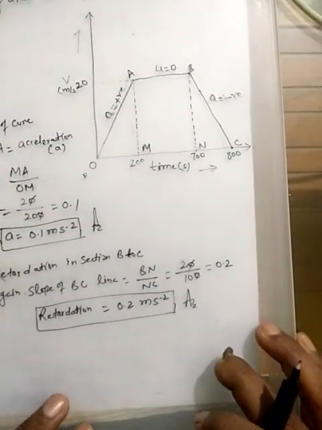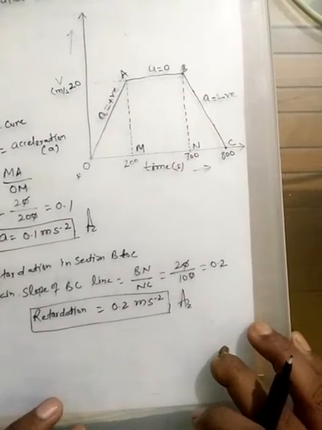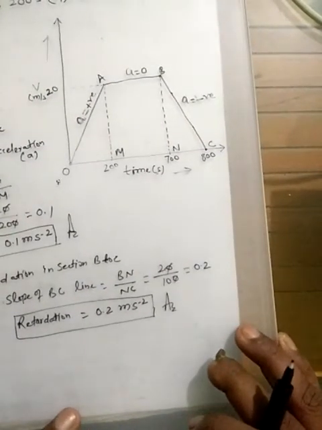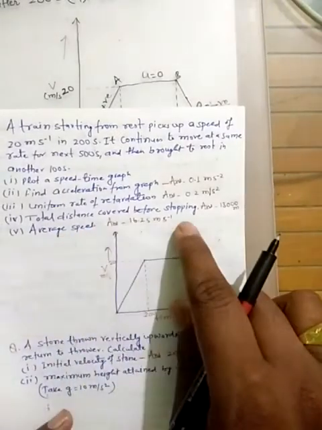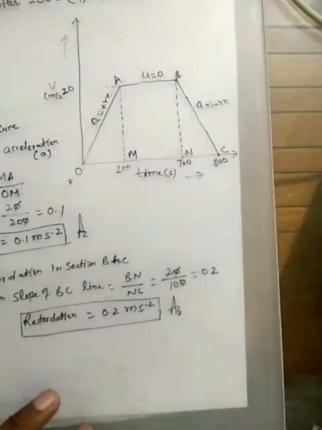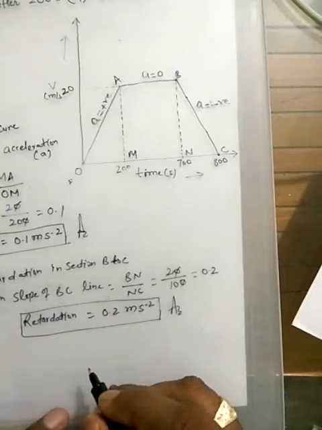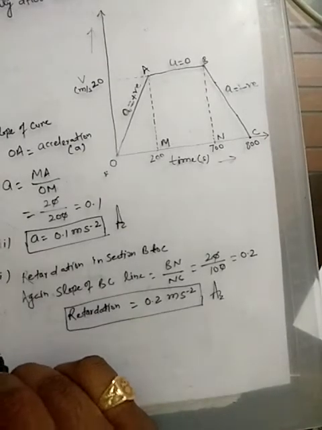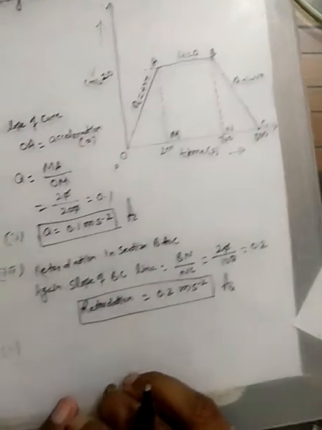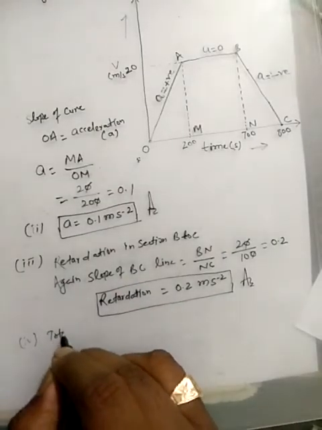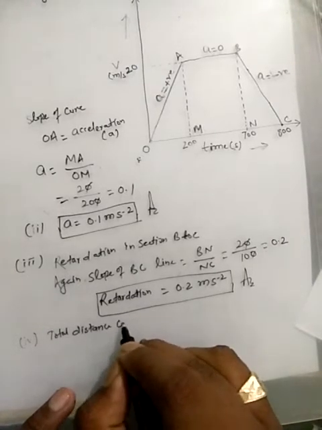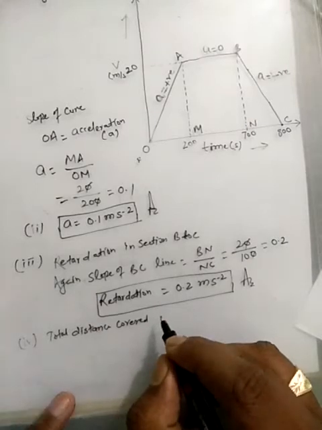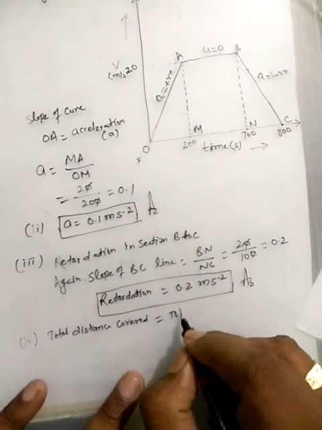The fourth question is the total distance covered by the object before stopping. The fourth part of the question asked about the total distance covered by the object before stopping. Then we know that the total distance covered will be equal to the total